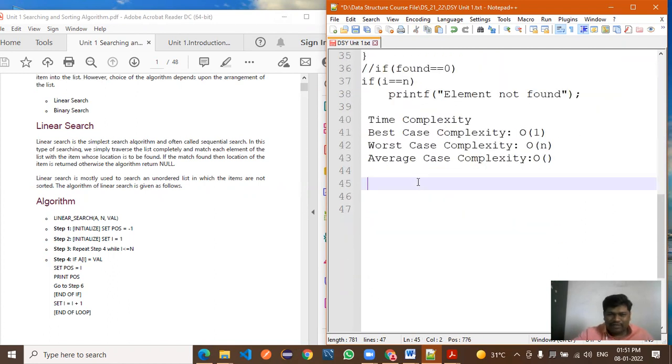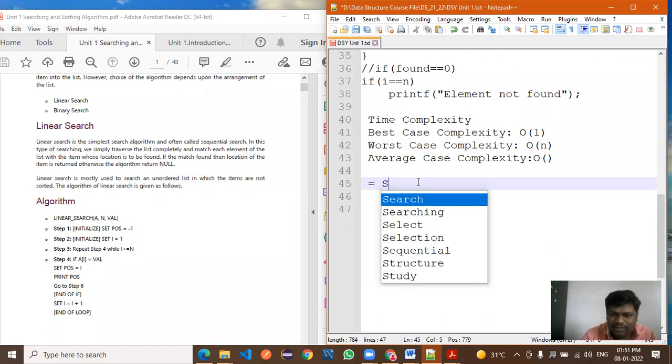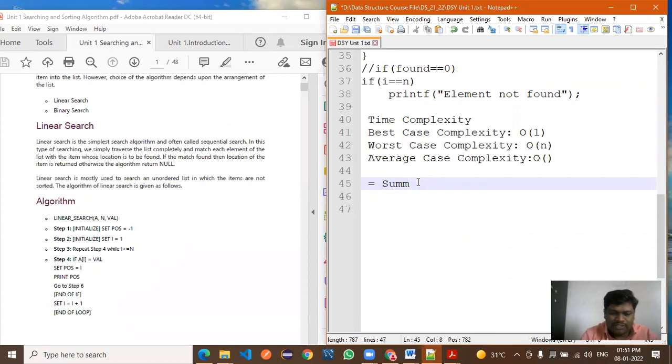So first I'll write summation. All of you have your attention. So how are you calculating the average case? Summation of all cases divided by number of cases.